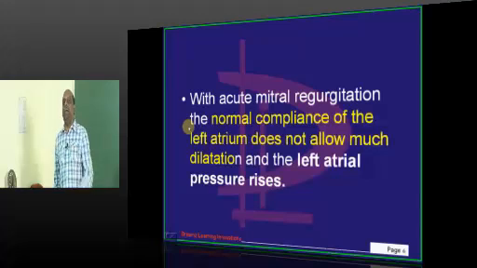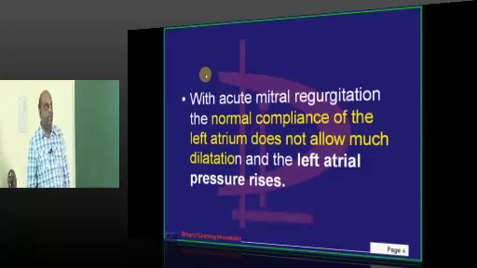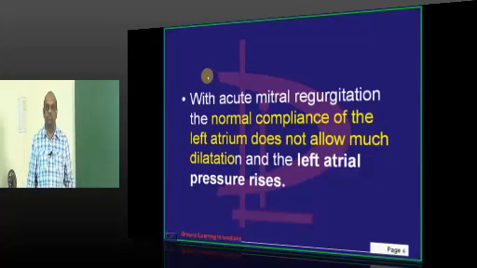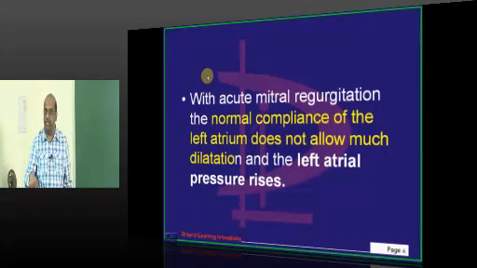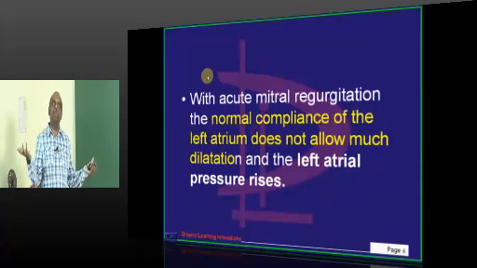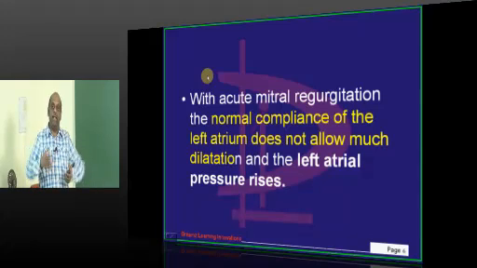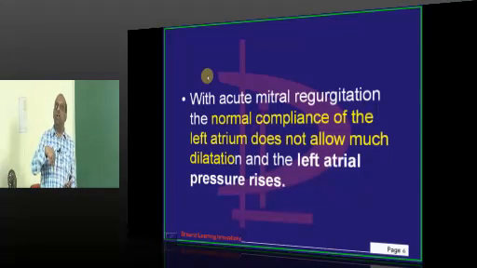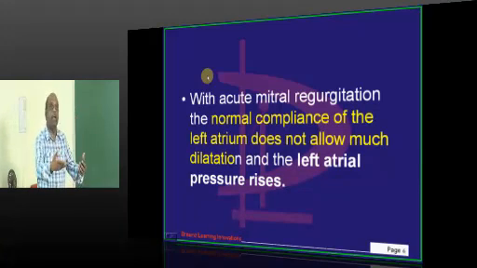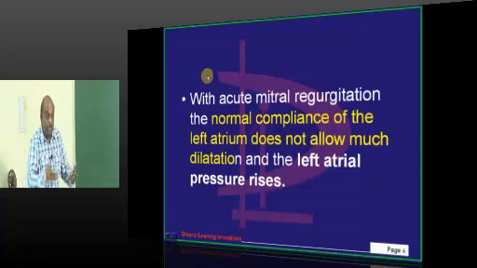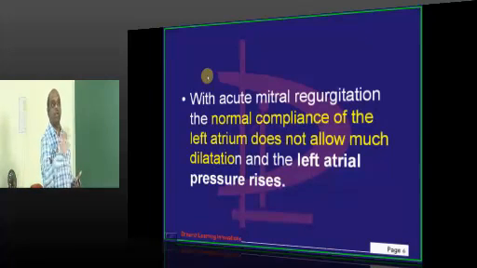And there are two ways by which mitral regurgitation can be classified. One is called acute MR. That means left atrium is not dilated. It is not expecting regurgitation. Suddenly there is a vegetation due to infective endocarditis and acutely there is a regurgitation, and left atrium is not prepared for that situation because it is not dilated, it is normal in size. And when acutely regurgitation occurs, the pressure in the left atrium will increase and that will reflect as a pulmonary venous pressure elevation, which will predispose to pulmonary edema. So pulmonary edema is a feature of acute MR, not chronic MR.